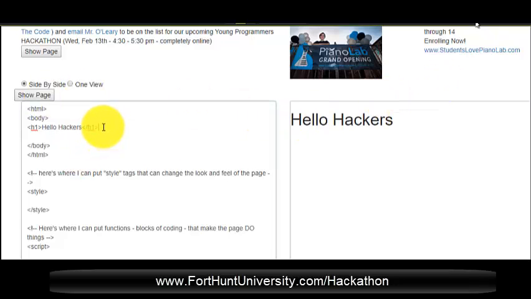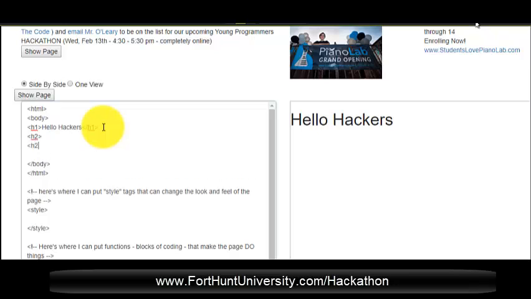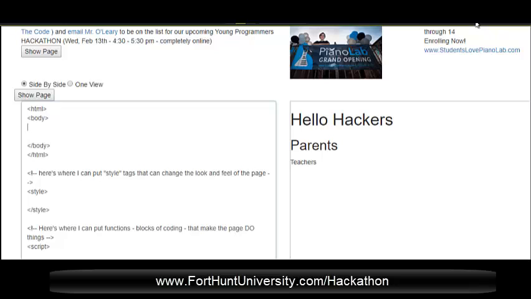Okay? And they have H2s. I think it's all the way down to H7 in terms of sizes. They have their own sort of startup size, and that's if you don't know any code. Parents and teachers, it will just automatically put it onto a different size based on what header it is. But you're going to see that you don't need these because you can make things look however you want with style tags. So I'm just going to type in the text, hello,